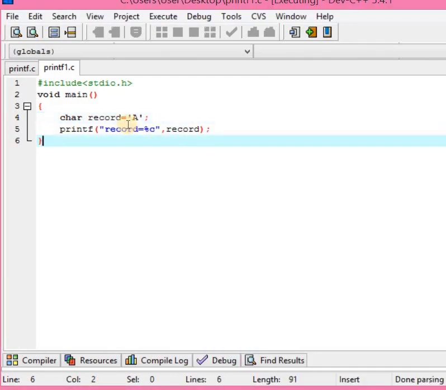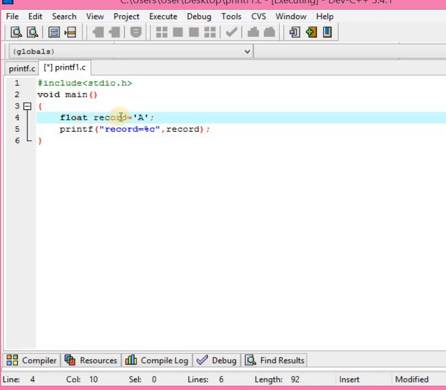Now the same we can use for float data type also. Here we can write float. For float we use percent, some value 23.5.